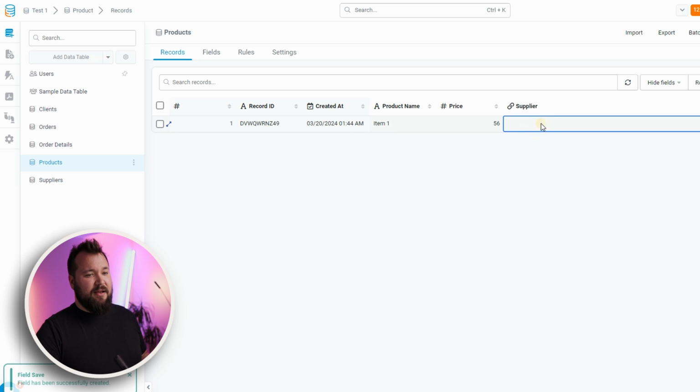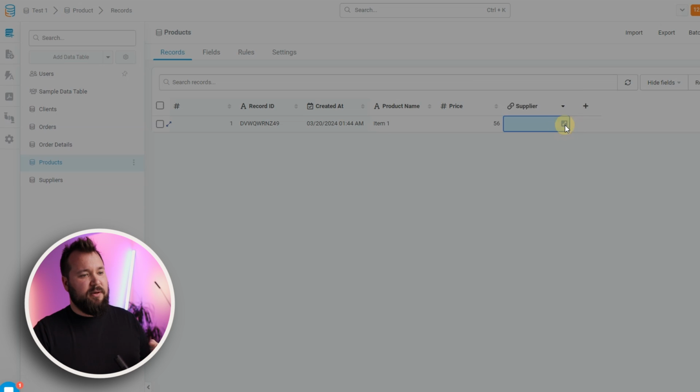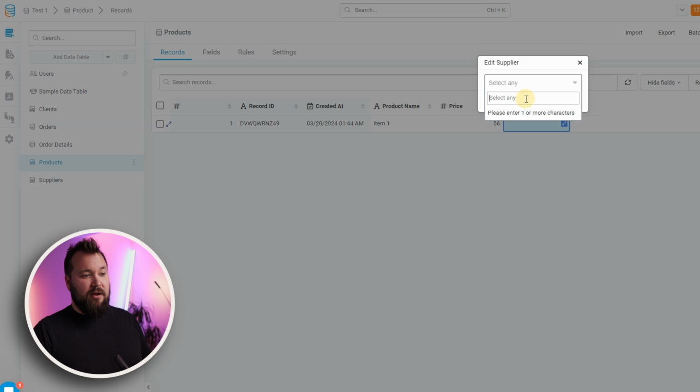Now you can't link it. Right now you can't do anything. You either have to refresh your page or press this little sorting thing. Now you see how it kind of went back, and now I can actually link it. So I have to open up the field, and I don't even see my list of suppliers. I have to know which supplier it is. So let's say I do know